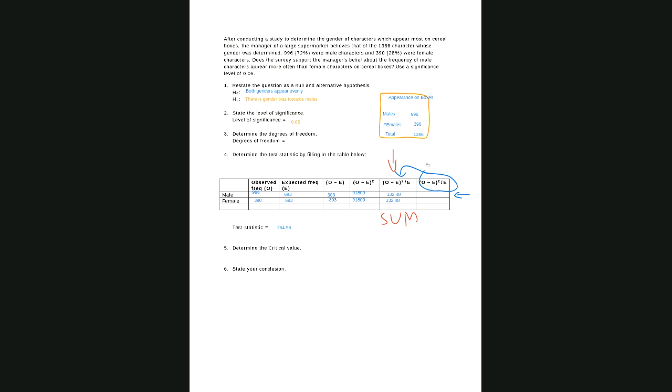No. The total is not actually information. The total is derived information because the total comes from the males and the females. So I've got 2. Now, for degrees of freedom, I treat it exactly like a t-test, and I go n minus 1, which gives me a degrees of freedom of